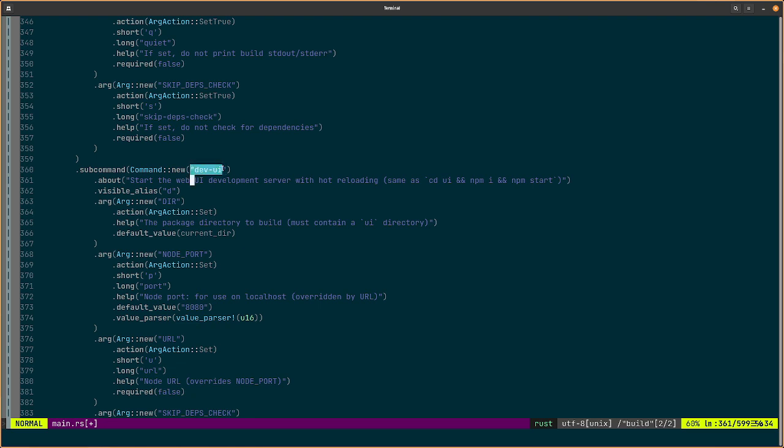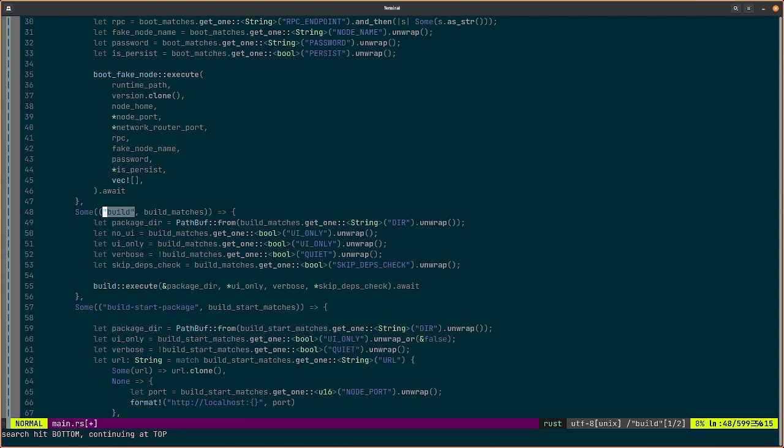So this defines the subcommand that you type in or the alias, the dot visible alias. You can also do dot alias, and for some reason that's the default and it's a secret alias. So we could have our secret subcommands or something. I don't know. If you want hip to X Y Z. Yeah, that's good.